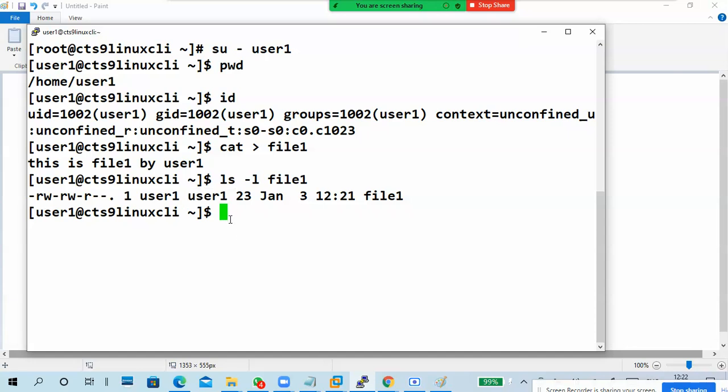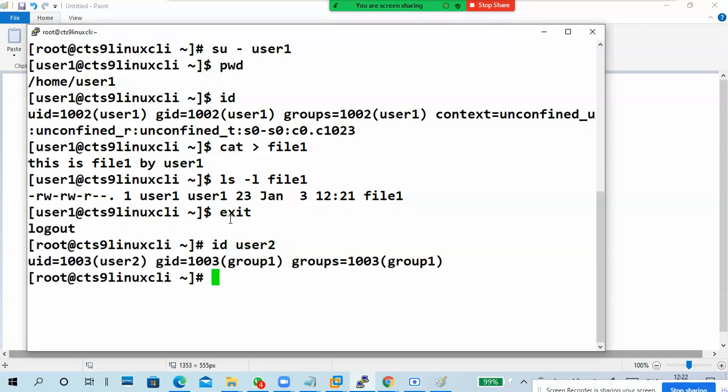Okay, I'm going to exit. Again, id user2. User2's group ID is user2; the primary group is user two. How to switch to user2 from root? su - user2. Very good.